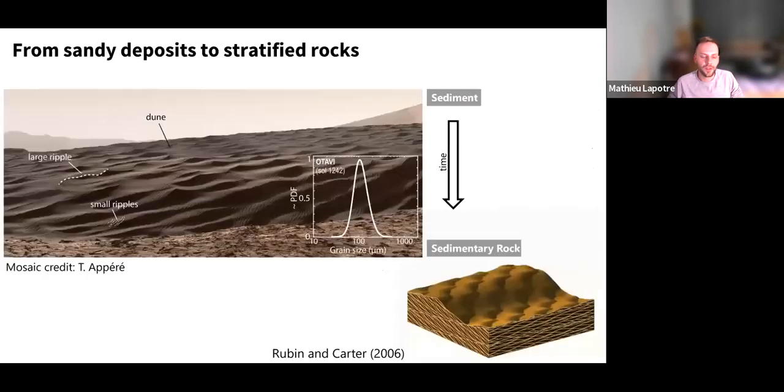So in order to use ripples as a proxy for paleoclimate, we need to understand how sediment translates into sedimentary structures in the rock record, and in particular, what is the stratigraphic signature or the cross-stratification that is left behind by those bed forms that we don't have on Earth. Now, the geometry of preserved cross-stratification is a function of the geometries and migration directions of the various scales of bed forms, as well as the rate of sediment deposition relative to bed form migration rate, for example.